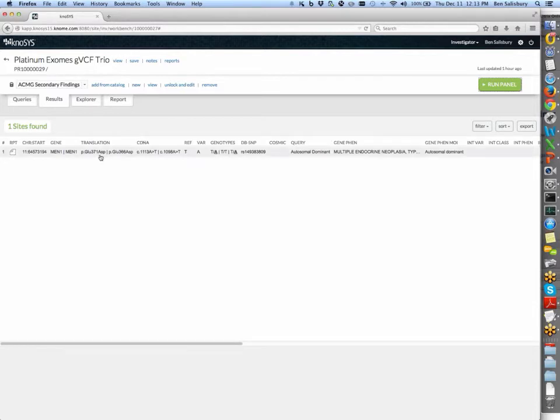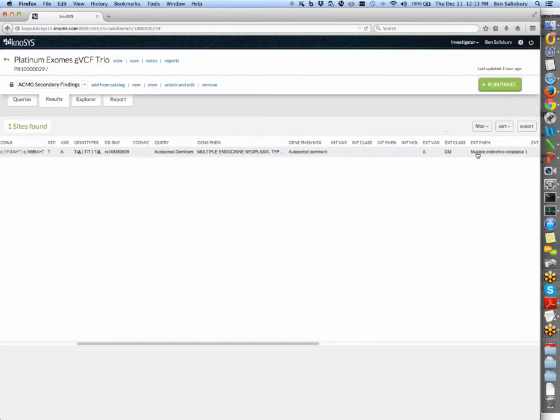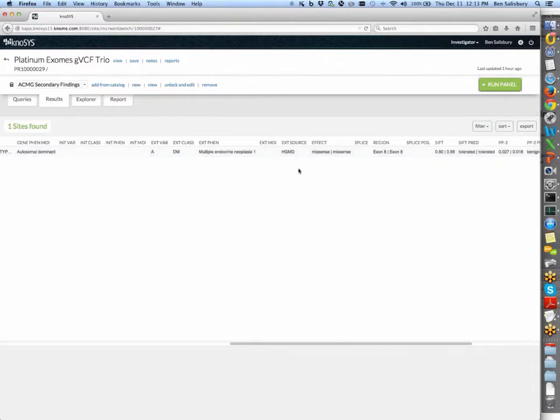And so we can see this variant with a couple different codon positions depending on the transcript being interrogated for the gene MEN1, which is connected with multiple endocrine neoplasia, which is supposed to be a dominant trait. And if we scroll to the right again, we find that this is a variant observed in the literature. HGMD has a record of it with that disease, and they labeled it as a disease-causing mutation.